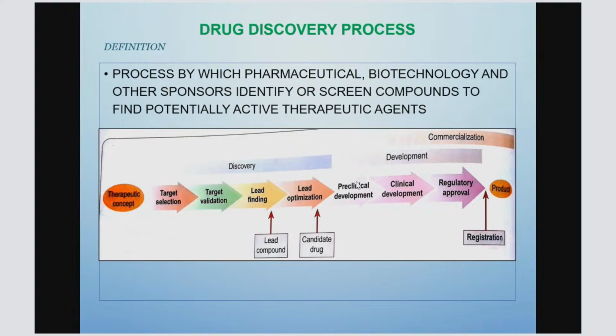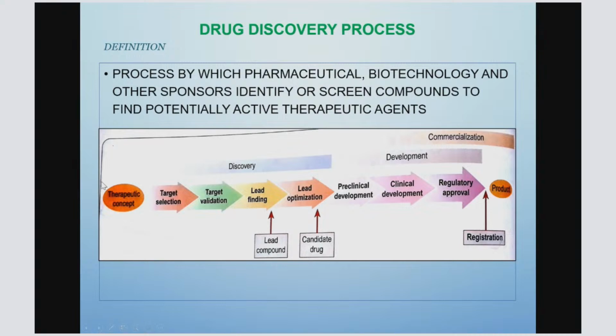So drug discovery process. What is basically the drug discovery process? Definition: the process by which pharmaceutical, biotechnology and other sponsors identify or screen compounds to find potentially active therapeutic agents. So any process by which either pharmaceutical companies or biotechnological companies or any sponsor, that means who is the owner of a particular drug, identify or screen